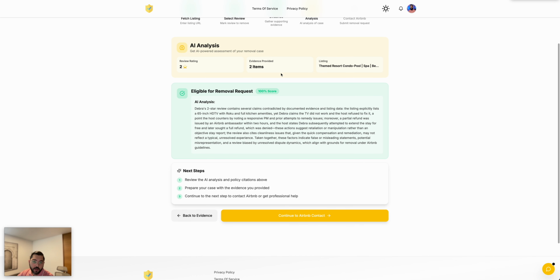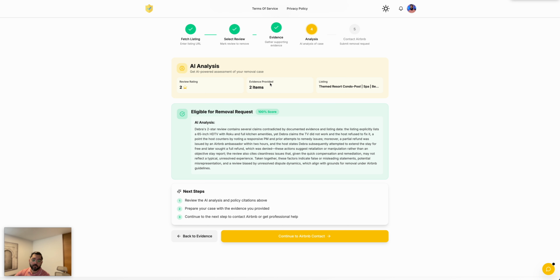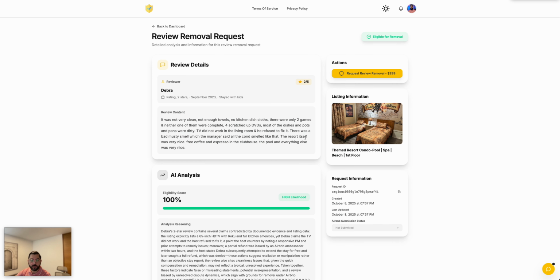Excellent. So we got 100% score for this review, which is a really good sign. So we can continue with the next step in our platform. Continue to Airbnb contact. First, we see an overall summary of what happened in the platform, and you see an action button to request